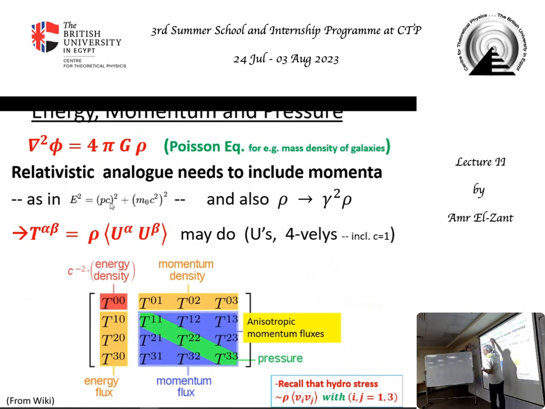So who knows the Poisson equation? Gauss law. Last time we talked about Gauss law. This is the differential form of Gauss law. As always for gravity, you have G instead of the epsilon naught. But this is gravity. So this is the Newtonian equation that general relativity, as a gravity theory, should tend to.